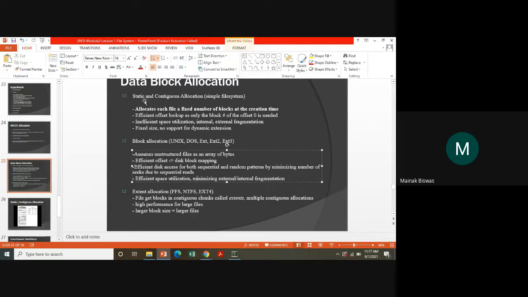এইখানে যেমন হচ্ছে স্ট্যাটিক বা কন্টিগুয়াস অ্যালোকেশন, একটার পর একটা মানে ব্লক ক্যাসেটের মতো চলে, সেটা এখানে হয় না। এখানে সিকোয়েন্সিয়াল এন্ড র্যান্ডম প্যাটার্নসও হয়, বেসিক্যালি একটা স্মল নাম্বার অফ সিকসের মধ্যে আমাদের ডেটা রিড করা হয়। Now then there is the extent allocation. ফাইল যেগুলো থাকে সেগুলো কন্টিগুয়াস, ধরো একটা সিনেমার ফাইল, সেটা একটা টোটাল নাম্বার অফ এক্সটেন্ট বলে একটা কন্টিগুয়াস চাঙ্ক ওটাকে অ্যালোকেট করা হয় এবং আমি ডেটা ওইখান থেকে রিড করতে পারি, ঠিক আছে? So the high performance is for large files and larger block size is for larger files. মানে যত বড় ফাইল হবে তত আমার পারফরমেন্স ভালো হবে। মানে এখানে একটা চাঙ্ক অফ মেমরি অ্যালোকেট করে দেওয়া হয়।